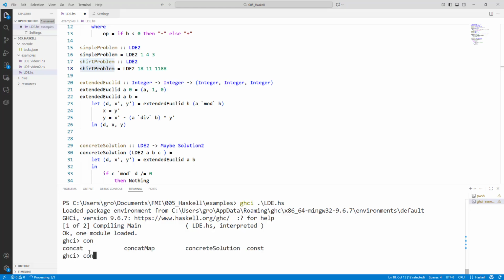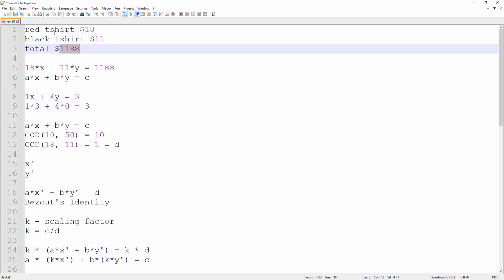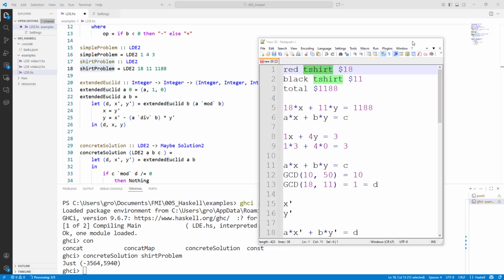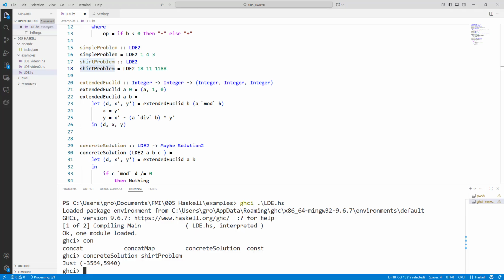So let's look for it. Concrete solution of the shirt problem, and this is the answer, just minus 3,564 of the red ones, and the other ones are positive. And you can probably understand that this one is actually totally correct, and I'm even going to check it